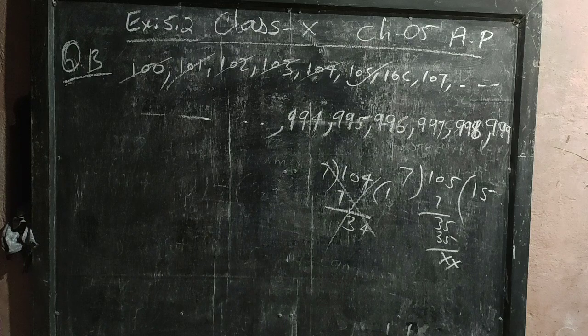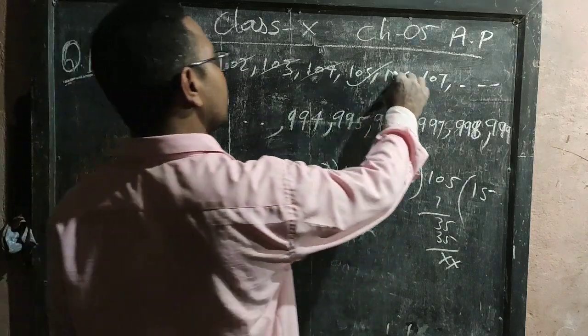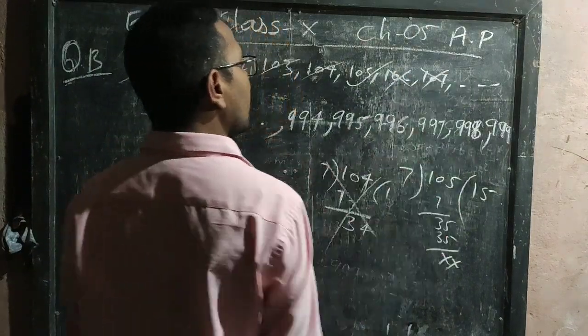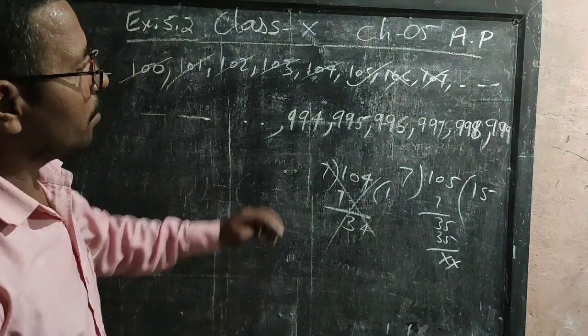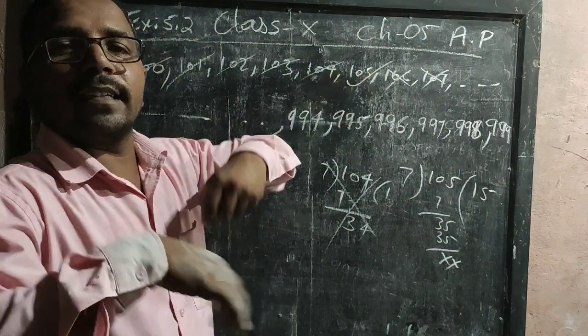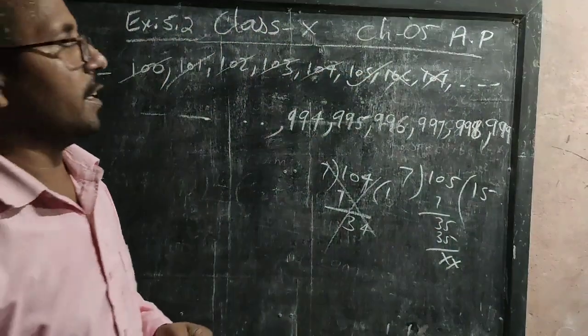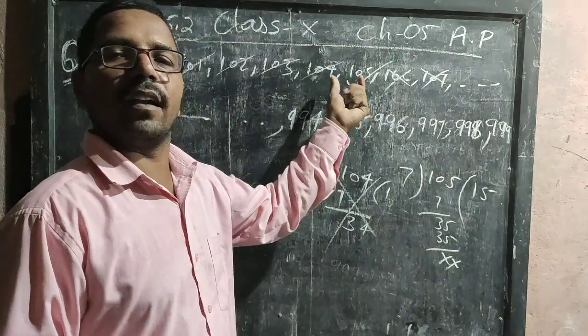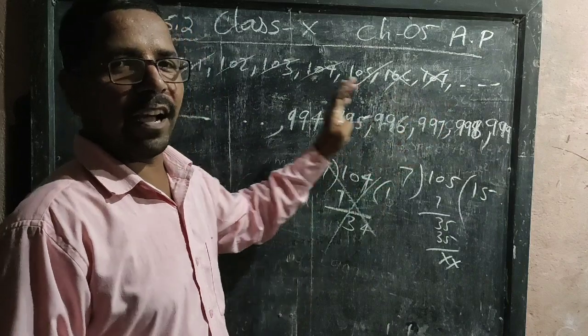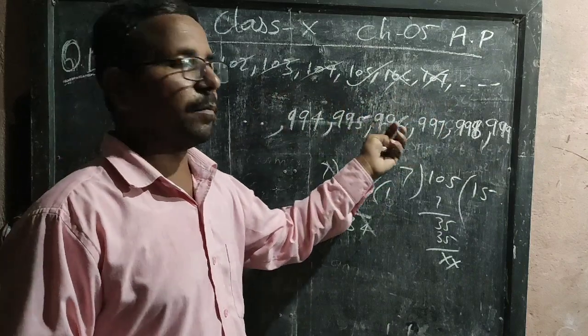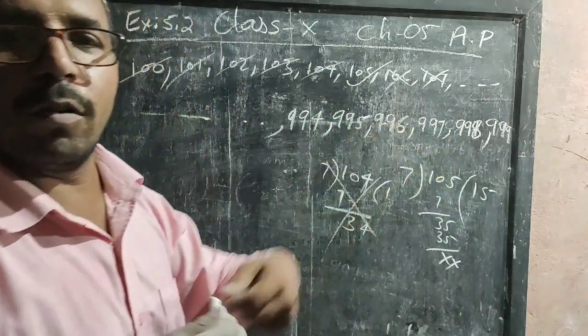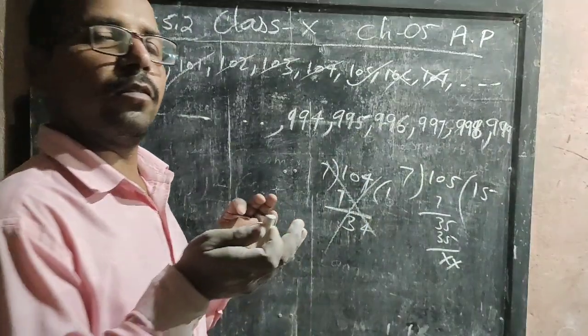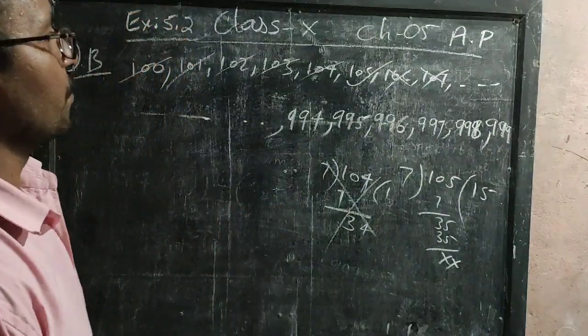Any problems? This number is also not divisible by 7, and this is also not divisible by 7. So we have got one number here. But how can you calculate the next number? The next number can be calculated by adding 7 to this one. No need to check them all. Don't check it that way, because that will take you more time.